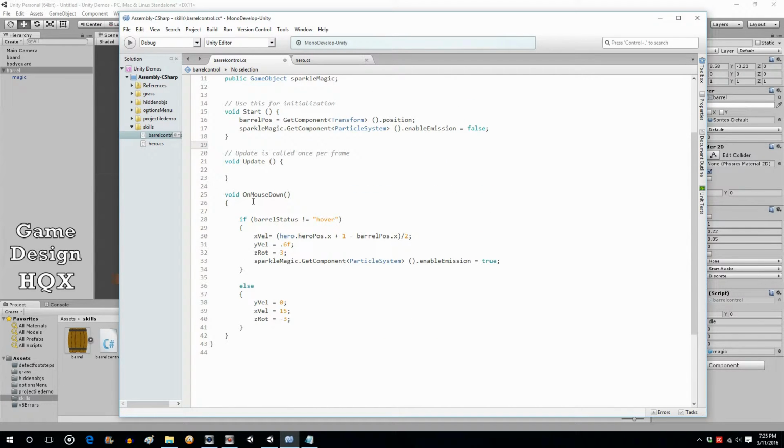So, void on mouse down. It's a pre-existing, predefined coroutine, so it has to be exactly right. It is case sensitive, capital O-M-D. If you have any of those not capitalized, or you have other ones accidentally capitalized, it won't work. So, when the mouse has been clicked,